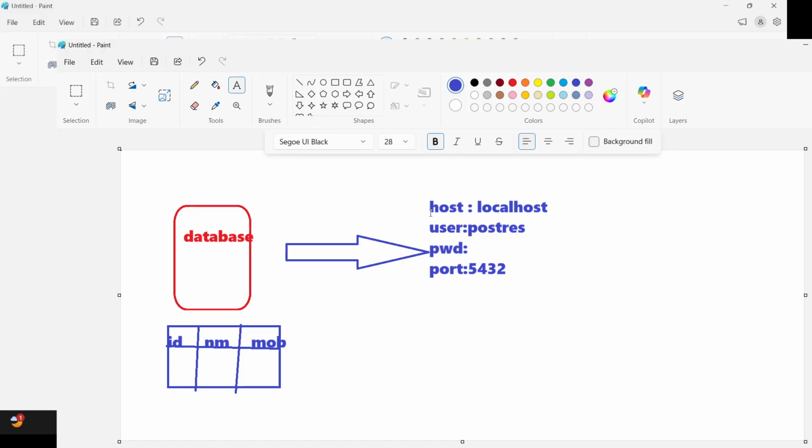Then every programming language has some library or built-in function. There are different kinds of databases, but we are going to connect to the database named PostgreSQL, or Postgres.